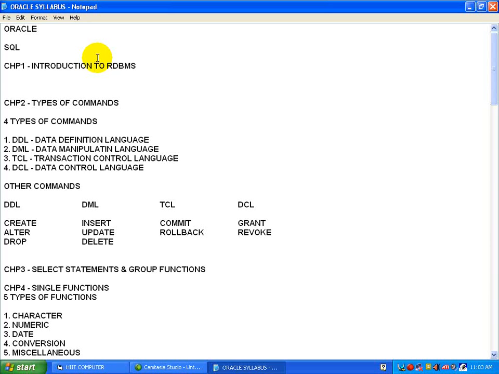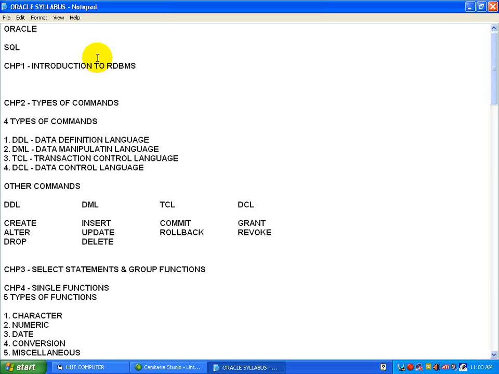The next is raw data type. It is used to store byte oriented data like binary data or byte strings, and the maximum size of this data type is 2000 bytes. Long raw data type. It is used to store binary data of variable length which can have a maximum size of 2 GB. This data type cannot be indexed.